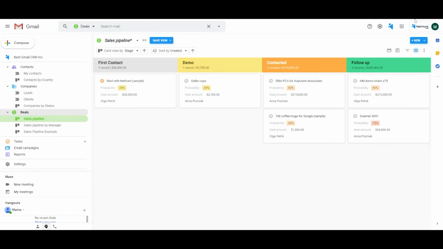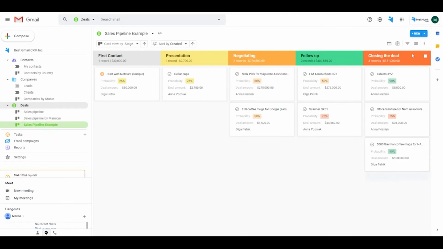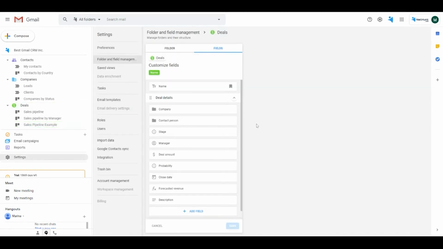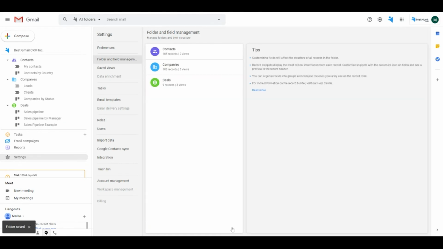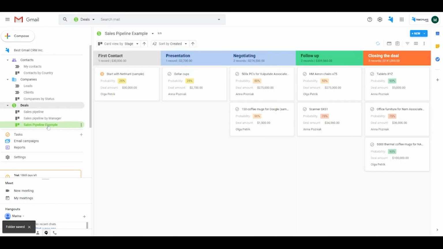But like I said, your pipeline differs depending on the industry you're in, the products you're selling, and all that jazz. NetHunt pipelines are fully customizable. It's so simple to change the name of the fields in your pipeline. All you need to do is hit the settings button in the context menu, then click on the stage field and start editing its values. You can rename them or change the order by dragging the required field. After renaming the value in the stage field, just be aware that the ones you rename will remain the same and newly created ones will be added as extra.